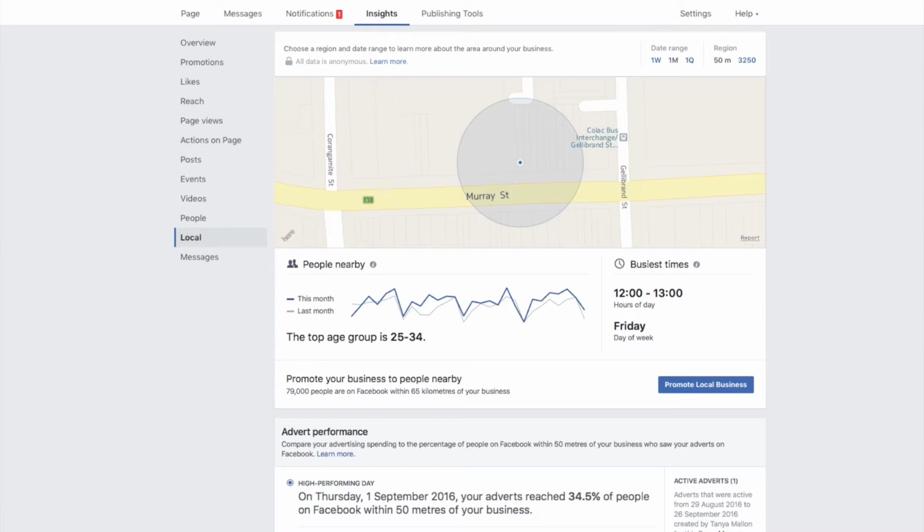Insights and Local. And in this example, you can see that the top age group is between the age of 25 to 34, and the busiest times are between midday to 1 p.m. So presumably when people are on their lunch break, they're checking Facebook, and the busiest day of the week is Friday. So if these people are important to you and to your practice, you can then go out and reach